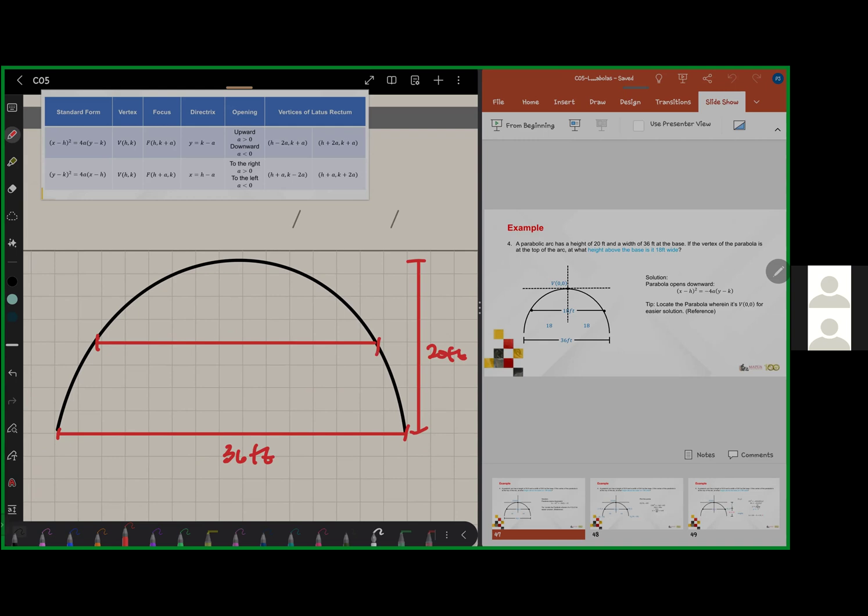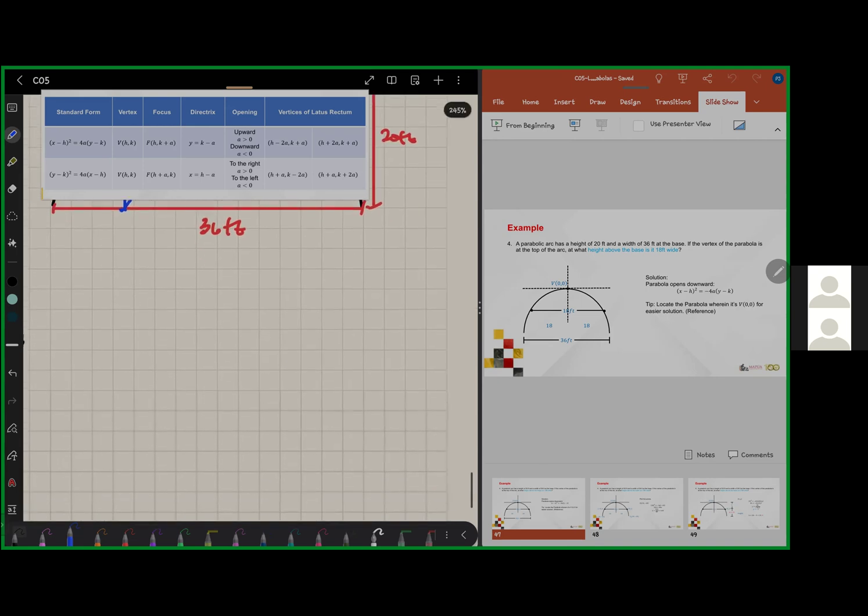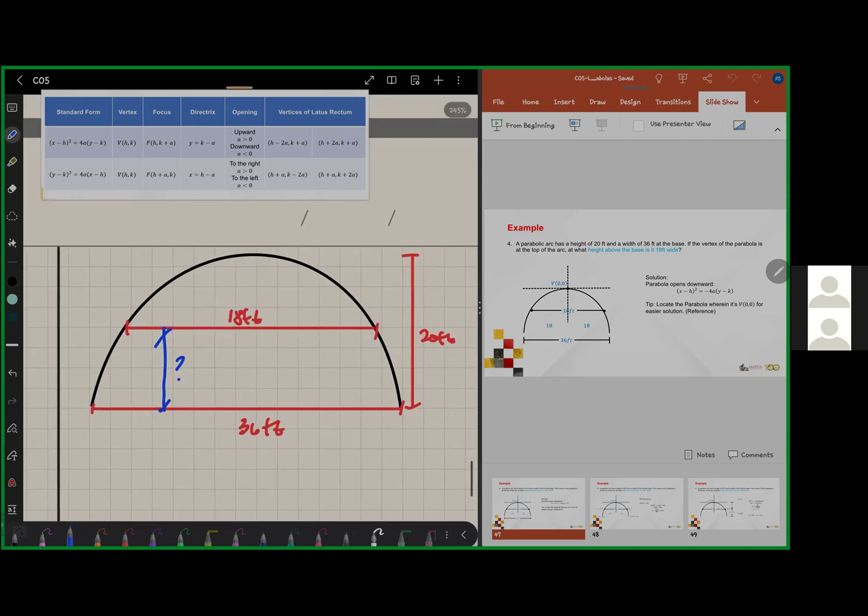Okay, this part. At what height is it equal to 18 feet? So this one is our unknown, this height. Okay. So first, the first thing that we need to do is to determine the equation of our